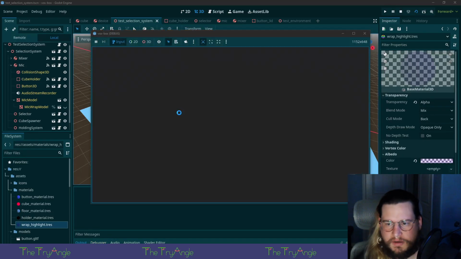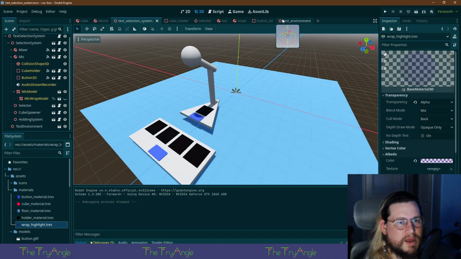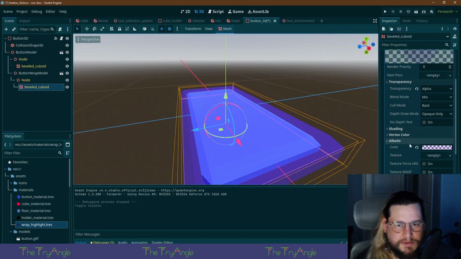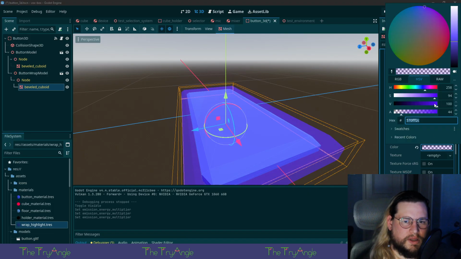Let's see how that looks. That is barely perceived. You know what? I bet we could... oh, whoops. Here. You know what? Forget this. Let's get a red, more of a reddish color.